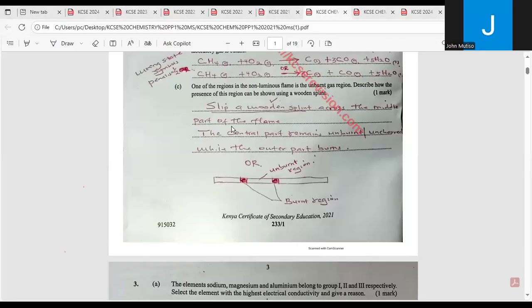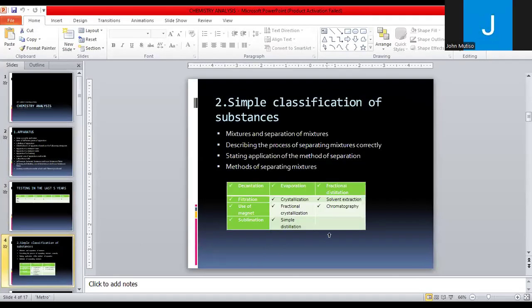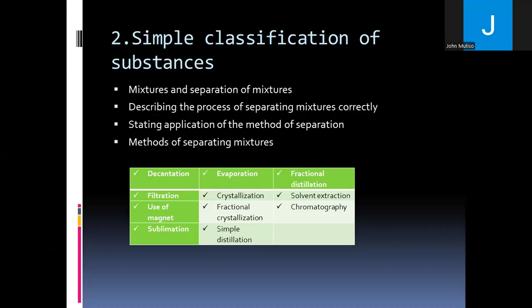What will happen is that the slip will be burned on the outer region. So if someone gets this question and has no idea, how do we do it? Just draw it. The moment you draw it, you are going to get all the marks. And that was the first area, on apparatus. Unless there is any question, I can take you through the next area, which is simple